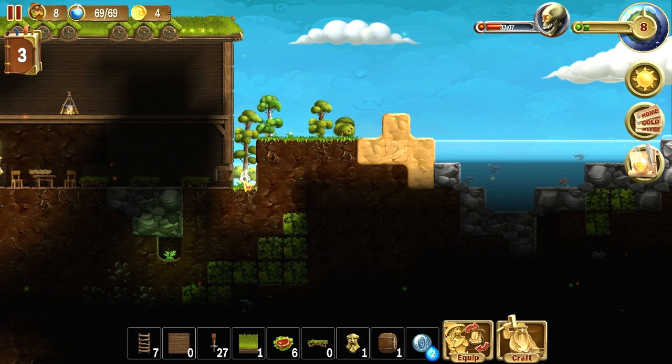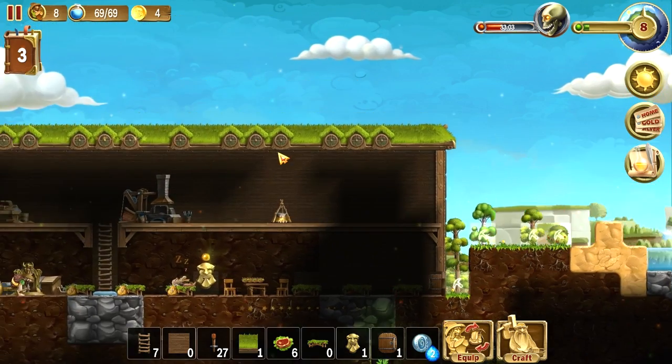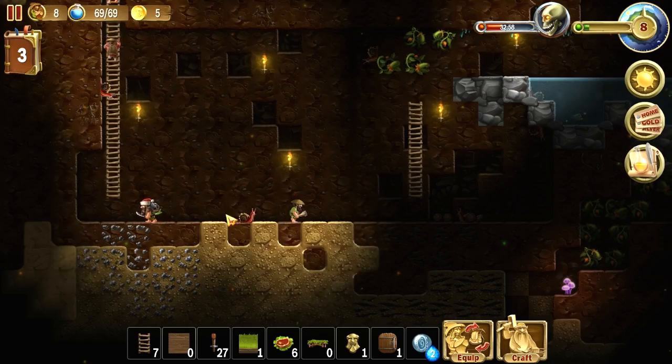I really should clear this out now, because my door is right up against a hill. That's really silly looking. Yeah, we have a lot to do to get through this,